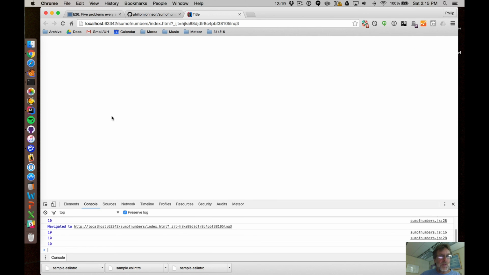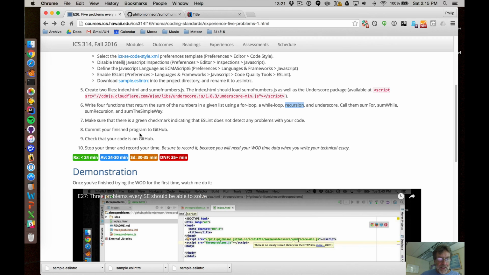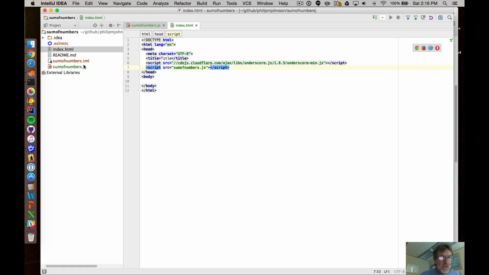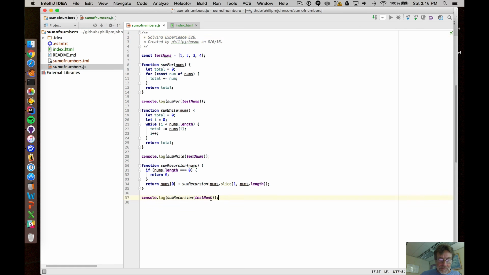So we've done it three ways so far. That's good. The last way is to use underscore, and we've got a hint here, which is we're supposed to entitle this function sumTheSimpleWay. So let's go back to here, and we'll say function sumTheSimpleWay with nums. And it turns out, if we go to underscore, which we might want to,